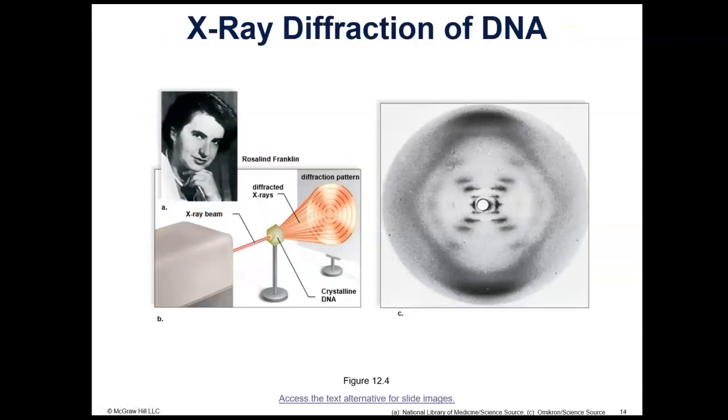So this is Rosalind Franklin, and this is her X-ray image of DNA. Now, you and I may not be able to look at this shape and tell that that's what a double helix would look like under an X-ray, but